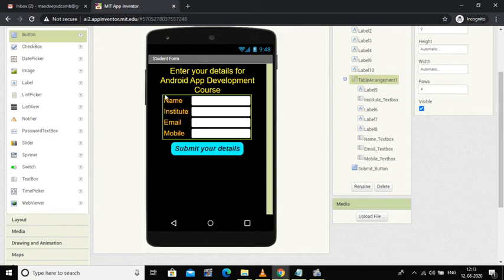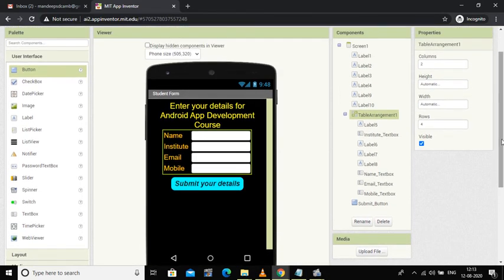This is a whole table arrangement in which I have used 4 rows because I need 4 entries, and 2 columns because I only need 1 entry for the label and 1 entry for the text box. So I have used 4 labels, name, institute, email and mobile, and 4 text boxes, text box 1, 2, 3, 4, and here I have renamed them to name text box, institute text box, email, mobile, and then at last I have used this button.